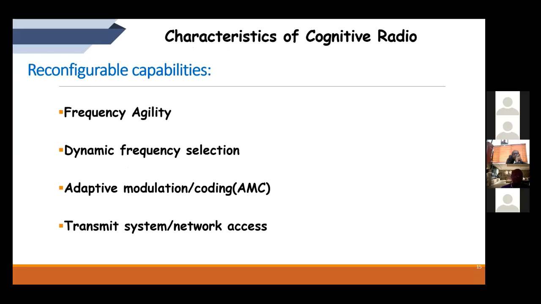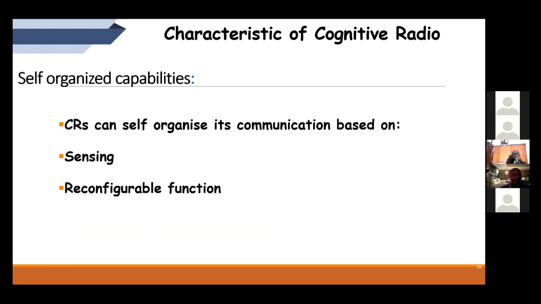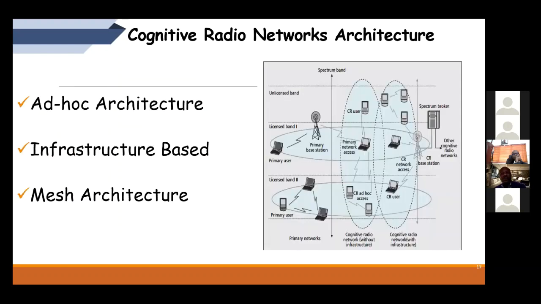Now, I just mentioned also to us that it has these recoverable capabilities because of its frequency agility and the dynamic frequency selection algorithm. It also has very good adaptive modulation and coding techniques, and the transmit systems and the networks of cognitive radios are always active. So, having said that, cognitive radios, like I mentioned earlier, can self-organize their communication based on senses, like I said, and in terms of recoverable functions. I mentioned to us that in terms of architecture,